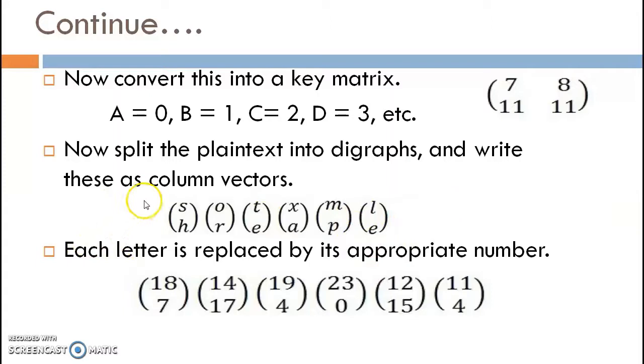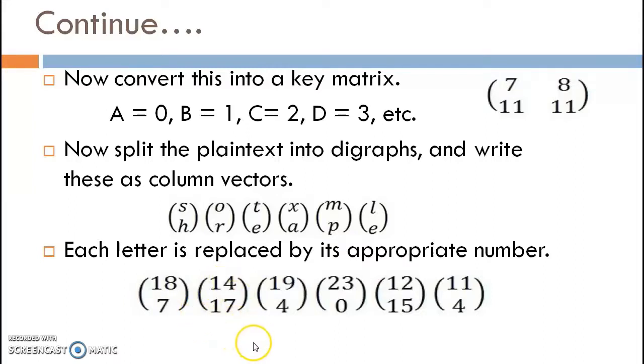After that, the column vector is converted to a numeric column vector. SH is converted to 18, 7, OR is converted to 14, 17 as per our table A, B, C, D up to Z and 0, 1, 2, 3 up to 25.